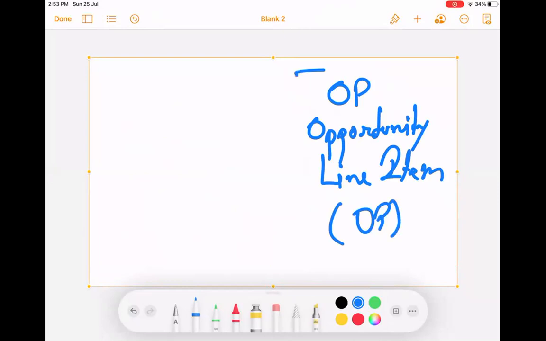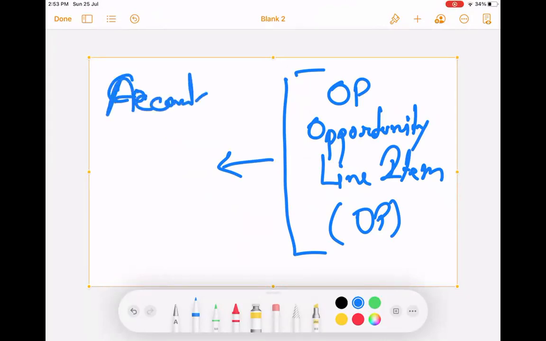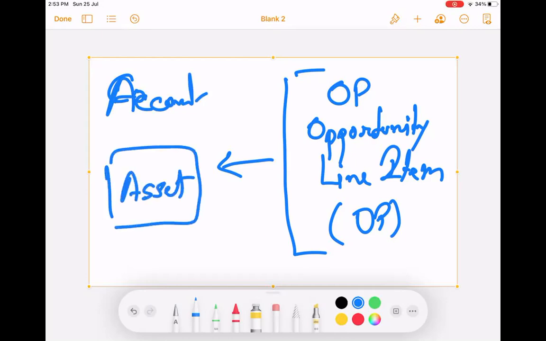So opportunity line items are the products associated with this opportunity, right? Now that is copied under the account into an object called asset. So that becomes a customer's products.